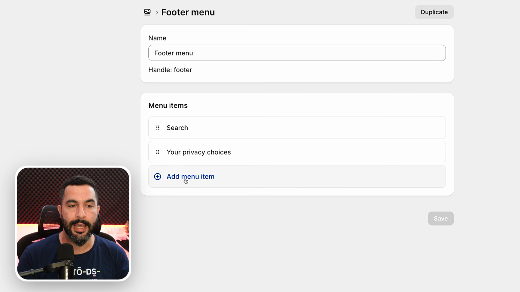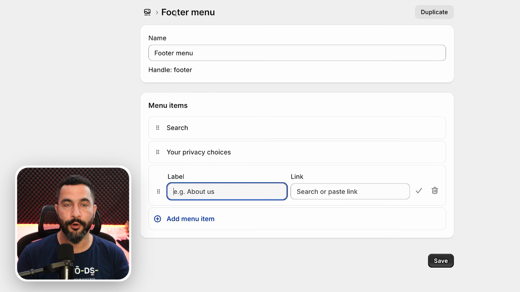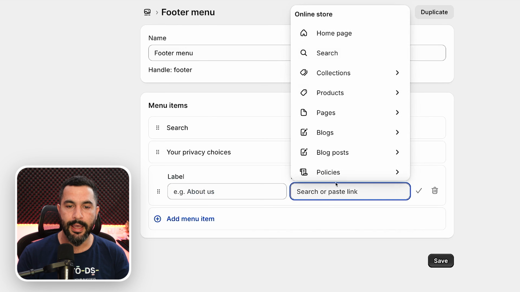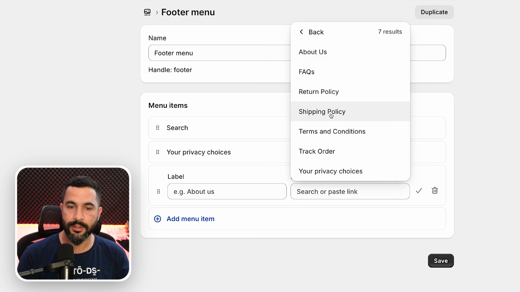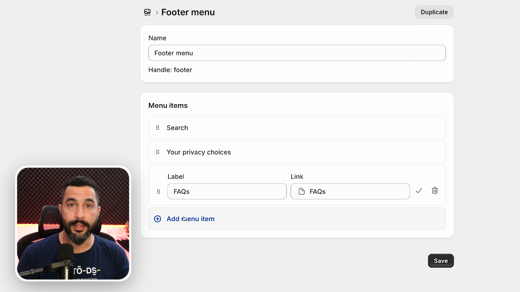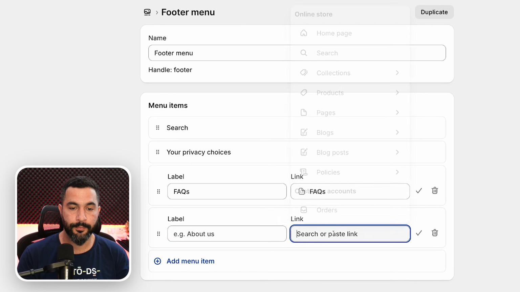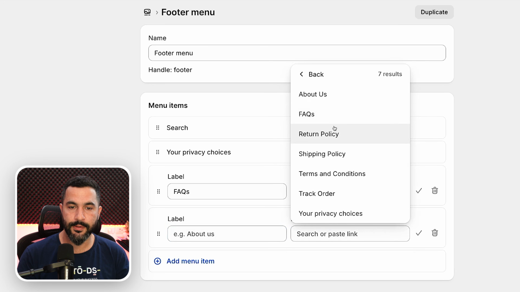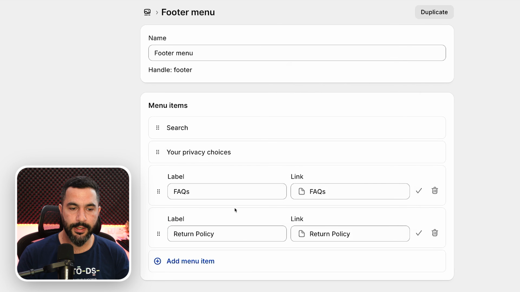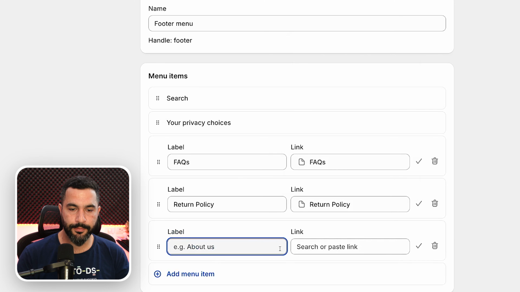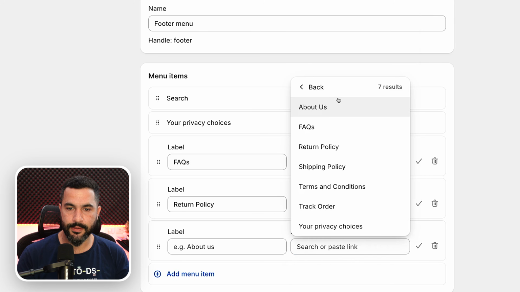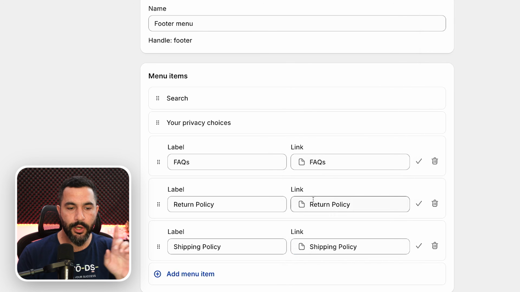So I'm going to click here on add menu item. Remember that this is the footer menu. So this is everything that we're going to see at the bottom. So let's take it from the top. So pages and FAQ. We also need to edit that page because I haven't seen what was done there. Next, link, pages, return policy, another page, pages, shipping policy. You can also put shipping policy on top because this is something that customers always want to know about,